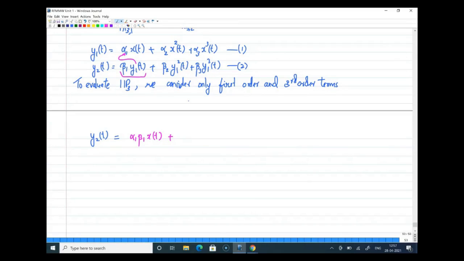One will be coming directly from here, and then there will be a product term also. So if you write that together, it is alpha 3 beta 1 into x cube t. That is what I meant. So let me give a circle mark. The product of these two, alpha 3 beta 1 into x cube of t, plus